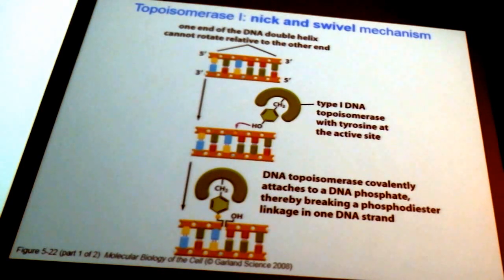So I'll show you how that's happening here at a closer view. These proteins have a tyrosine at their catalytic residue. The hydroxyl attacks the phosphate backbone. It gets covalently attached. So the topoisomerase enzyme itself is attached to one end. So in this hand diagram that I was showing you, it gets attached over there, and then swivels across the other backbone. Remember, the carbon-carbon backbone bonds can all swivel, single bonds